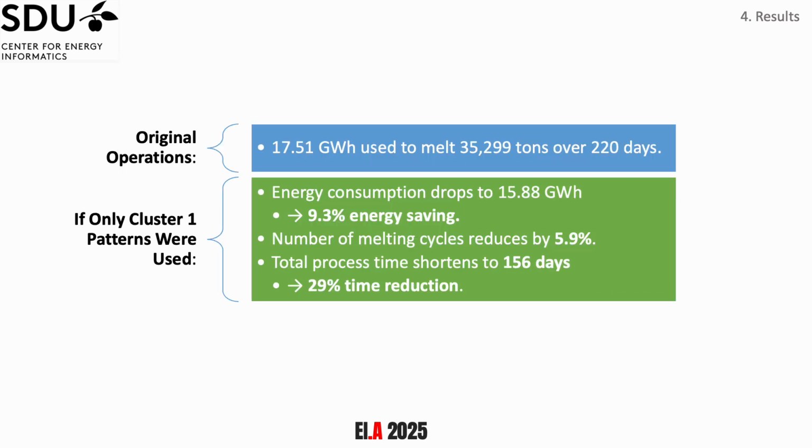So from the original operations, if we want to melt over 35,000 tons of metal, we need to use over 17 gigawatt hours over 220 days. But if we only operated the furnace with cluster 1 patterns, the energy consumption will drop to 15.88 gigawatt hours, which indicates